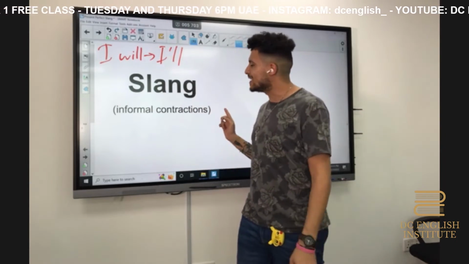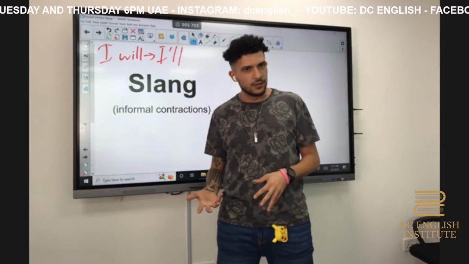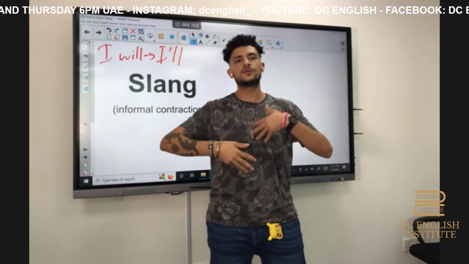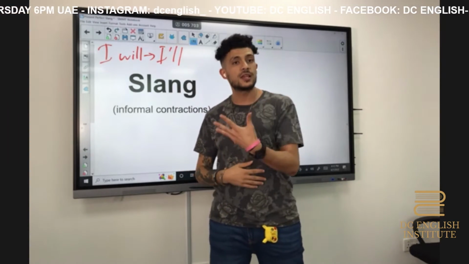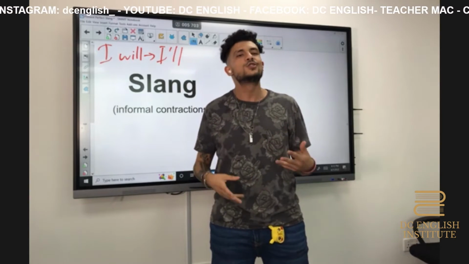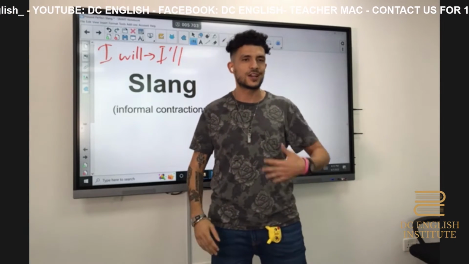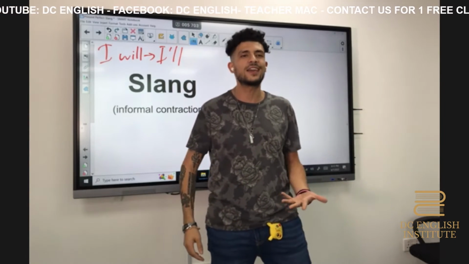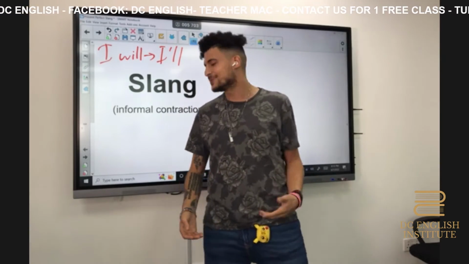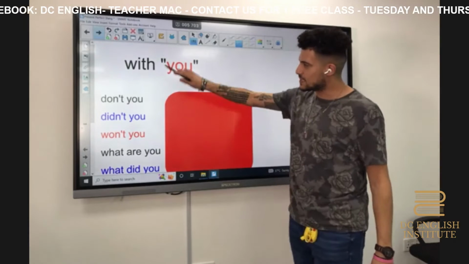I want to talk about the informal contractions, the contractions that are real in English, but it's more kind of spoken. It's something we just say. You may know some of these already, like wanna or gonna. So we're going to look at a couple of different examples in English of informal contractions and ones that you can try so you can sound more like a native. Okay? So the first one is with you, specifically the word you.